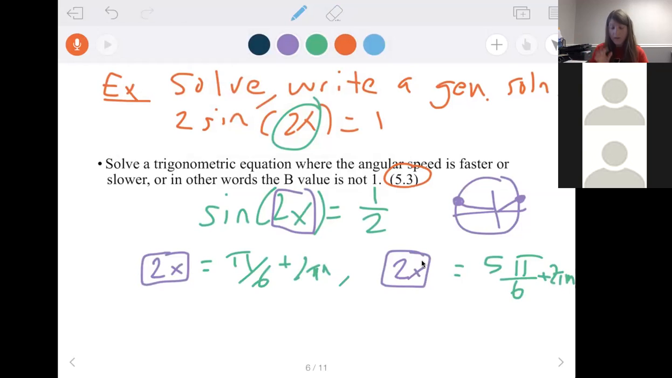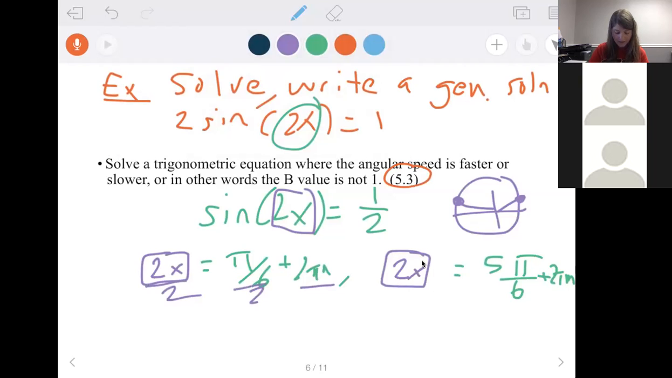In other words, the plus 2 pi n was when we were looking at angles, or excuse me, angular speed of 1, where b was 1. So if you don't have an angular speed of 1 and you have an angular speed of 2, that plus 2 pi n gets cut down, and that's the tricky part. So if we think about organizing it by adding that plus 2 pi n, now when we divide everything by 2,